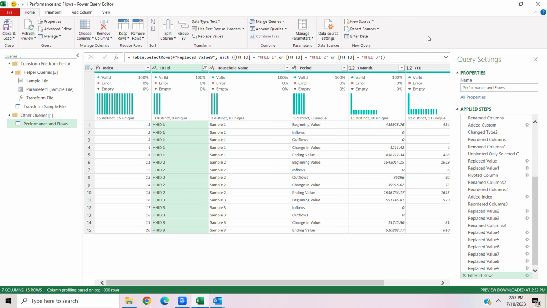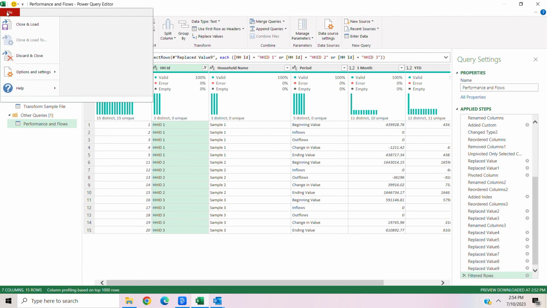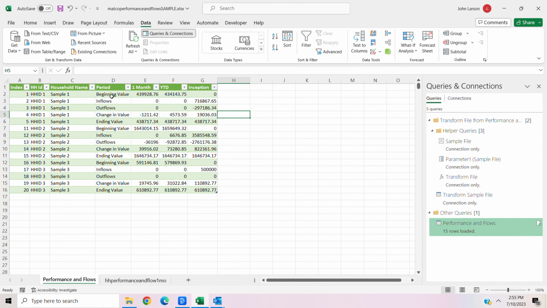In this video, we will continue processing our data and preparing it to upload into the Power BI platform. Here is the file we prepared in the last video. And again, the last step will be to either select Close and Load or Close and Load To. Since this is not the first time I've created this file, only Close and Load is available. So I'll click on Close and Load, and here we have the data ready to be saved and then uploaded